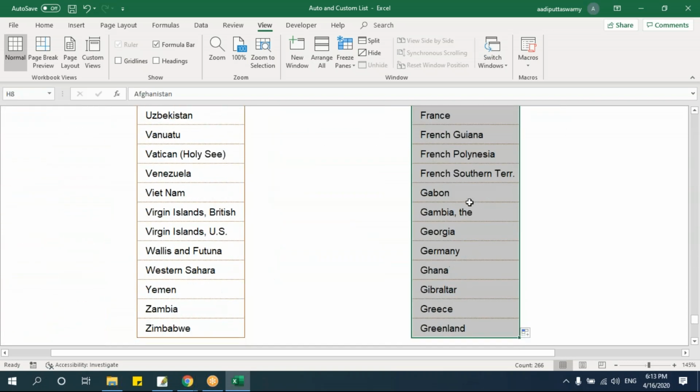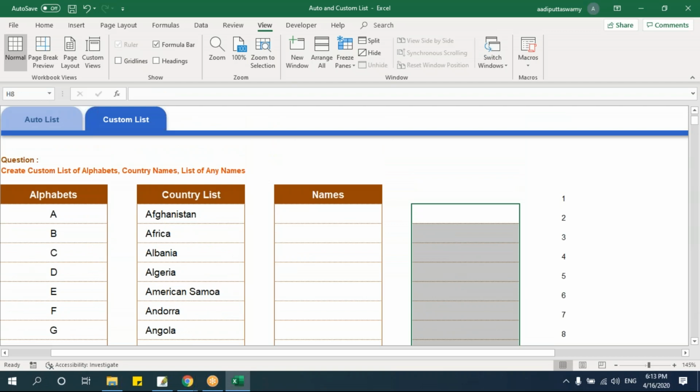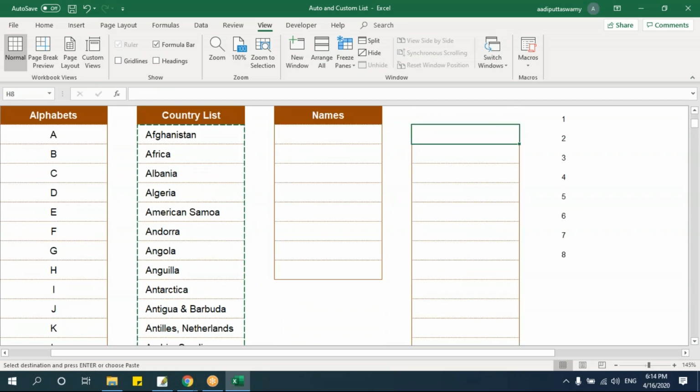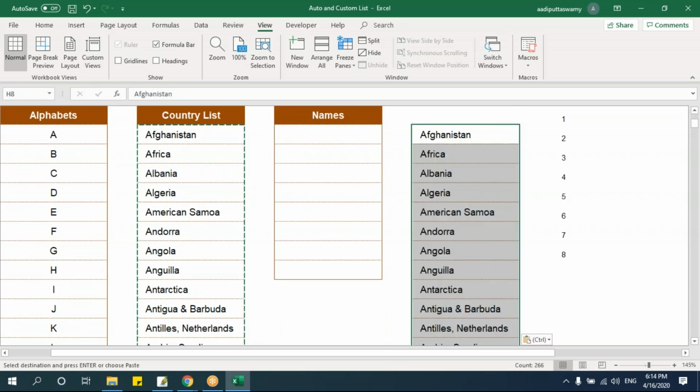Okay, fine. Now you might have a doubt, thinking why should we actually create this list? I can just copy and paste. Instead of creating this list, I can go here, copy this, and paste it somewhere. Yes, what you're thinking is right, but every time I cannot go and keep on checking this list and keep on pasting it.